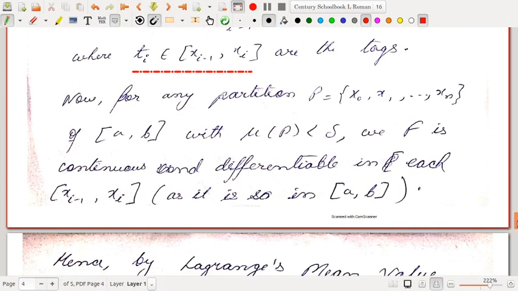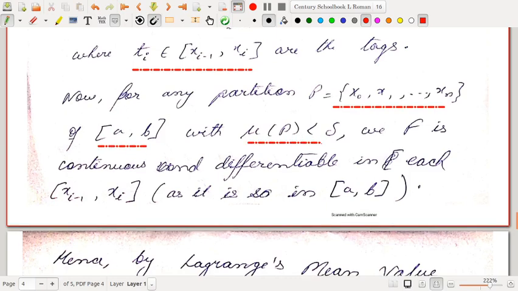So now for any partition P, let us see what we can do. Now for any partition P of [a, b] with norm of P less than delta, we have